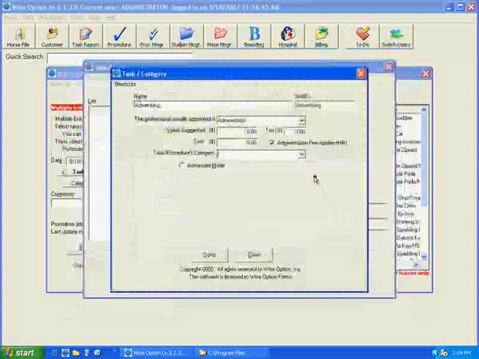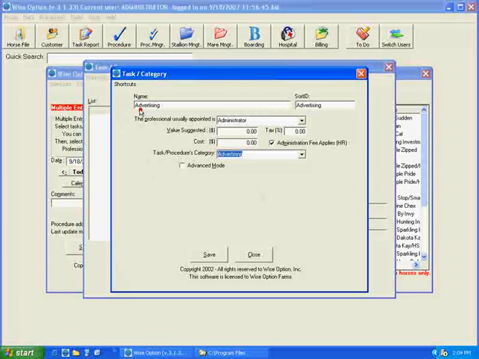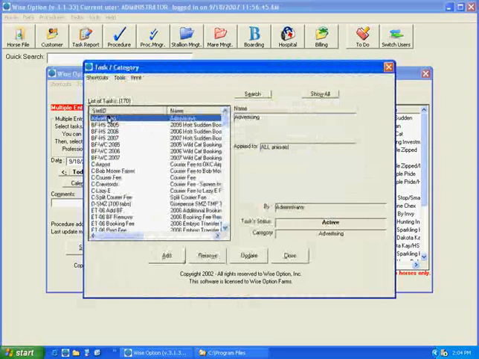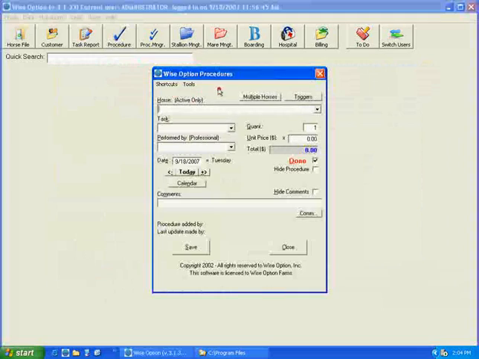When I get back here, I return to the previous form, and I have an advertising category for my new task called advertising. I'm going to save that. So now I have an advertising task in my list, which I can return here. And I will close this to refresh my list of tasks. I'm going to open the